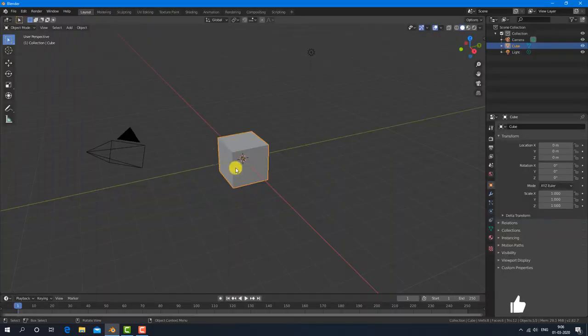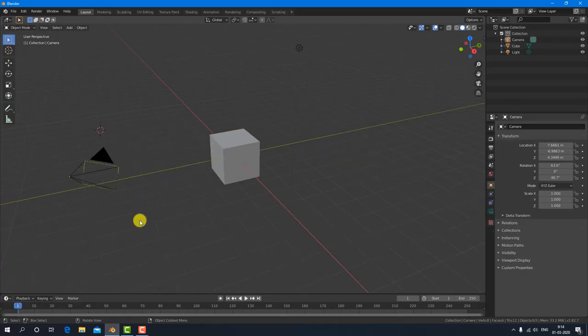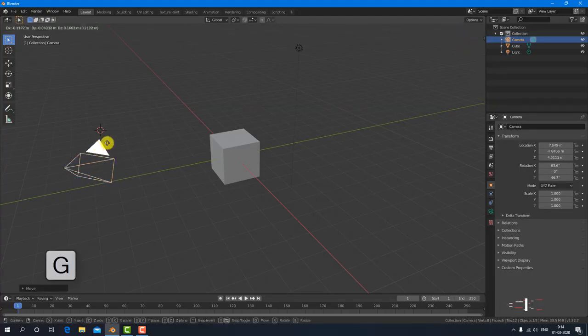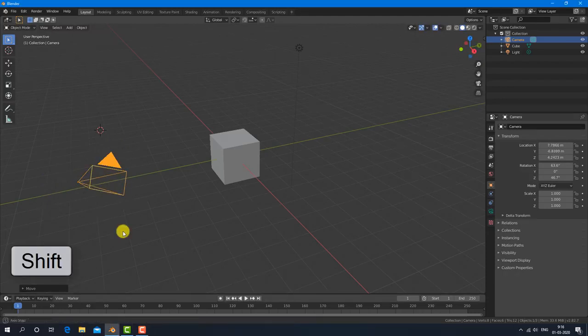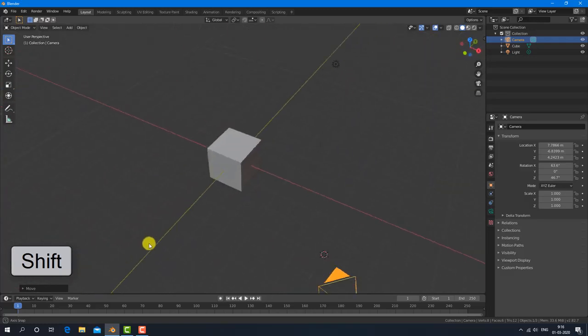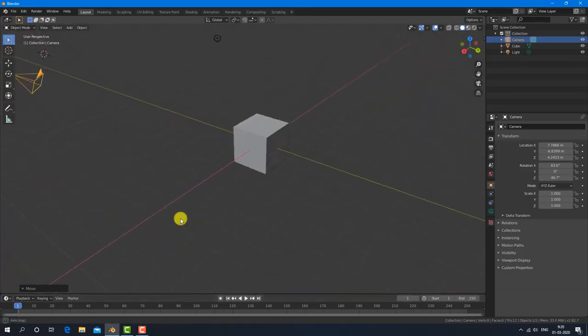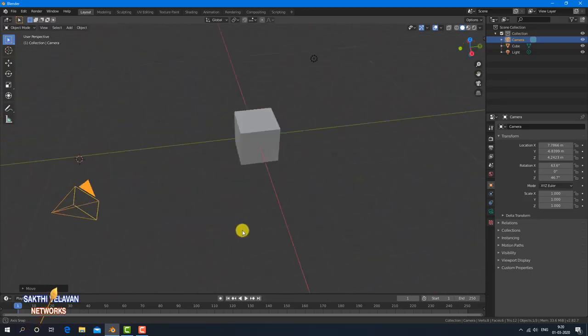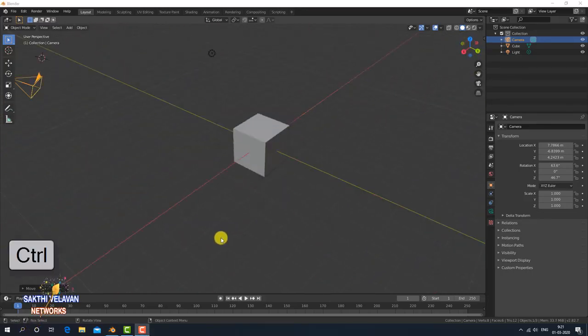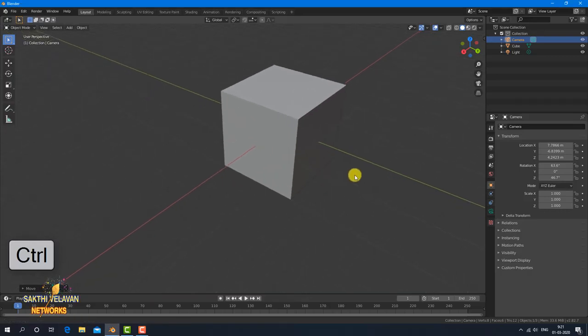These are the viewport. All your 3D animation will happen here. You can select the camera by left mouse button, and you can move it by tapping the G key on your keyboard wherever you want. Hold the shift key on your keyboard and click the middle mouse button to drag the viewport. Hold the middle mouse button to rotate the viewport. Now the viewport is rotating based on its orbit. Hold the control key and middle mouse button to zoom the viewport,